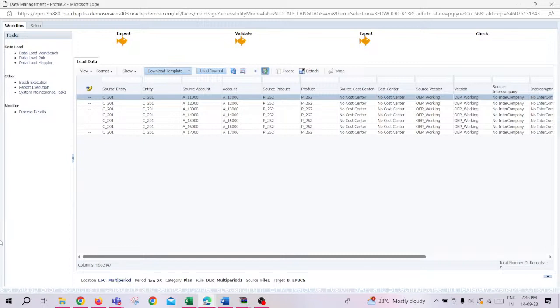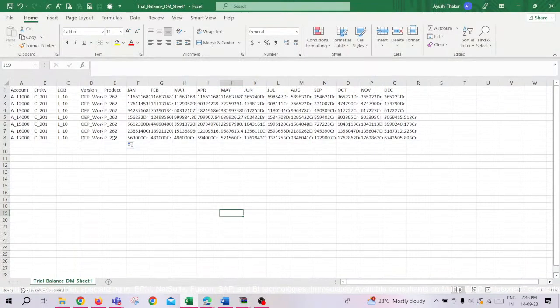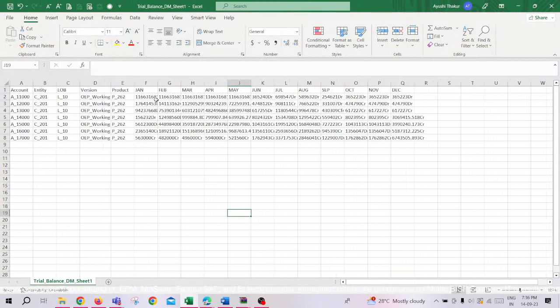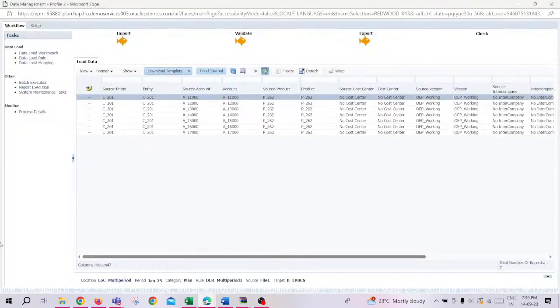You can go to the Excel and check for the multi-period: select the same intersection that you have taken in the DM, in the Excel file. Select it with Smart View and take that same data intersection. Just take the data. If it is visible, then it's working for sure. So this is how the DM works,